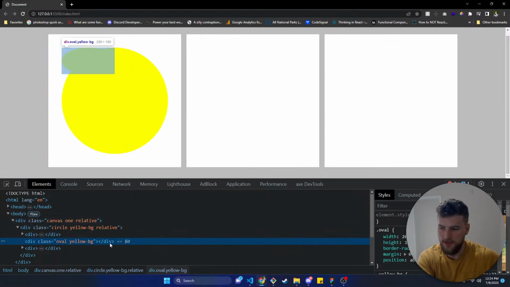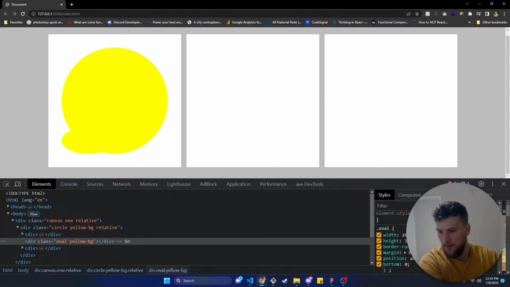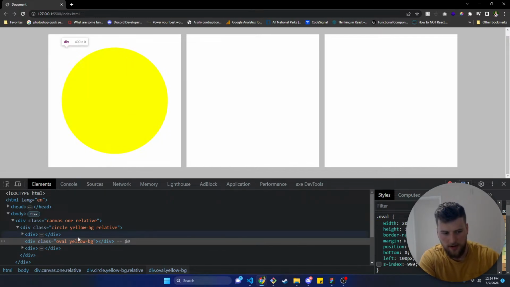So how far do those need to be from the bottom? So we got those position absolute. We'll say like bottom 0, left, what, 100 pixels? How big's the circle? 400? So if we say, well, since it's lower down in the DOM,